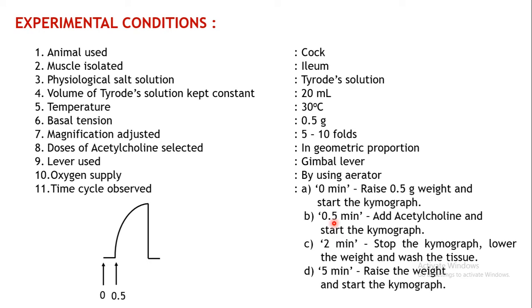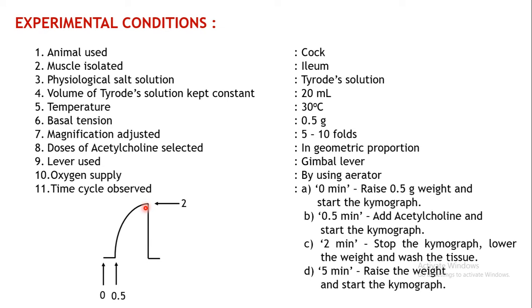That is, at 0.5 minute you have started recording a response, okay, for 90 seconds. So at 2 minutes your response will come to an end. Okay, so at this particular point you need to stop the kymograph. There are some machines nowadays available which are automated, in which you need to set the baseline time and the response time, and automatically the kymograph will be stopped.